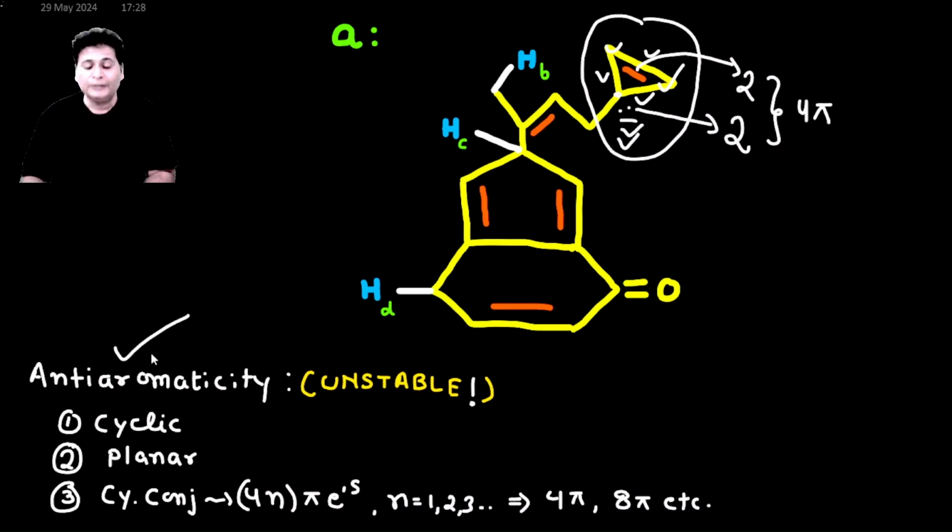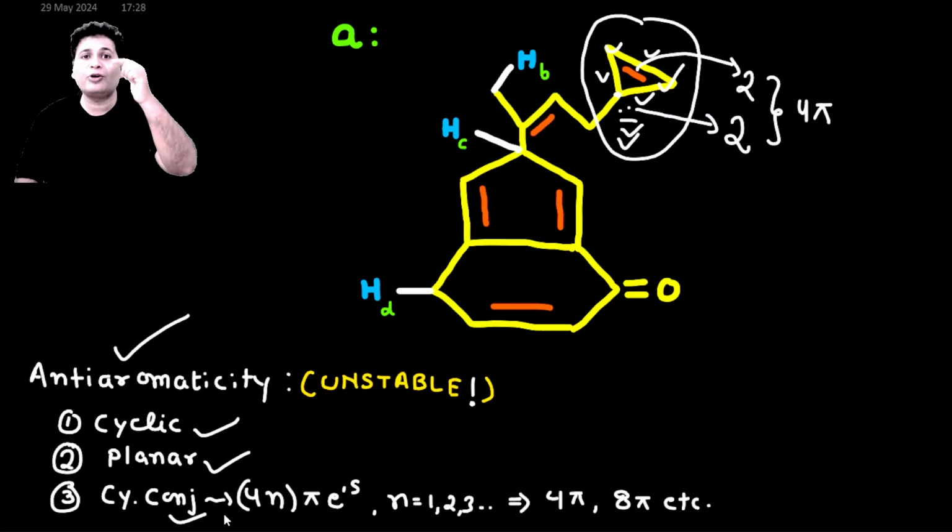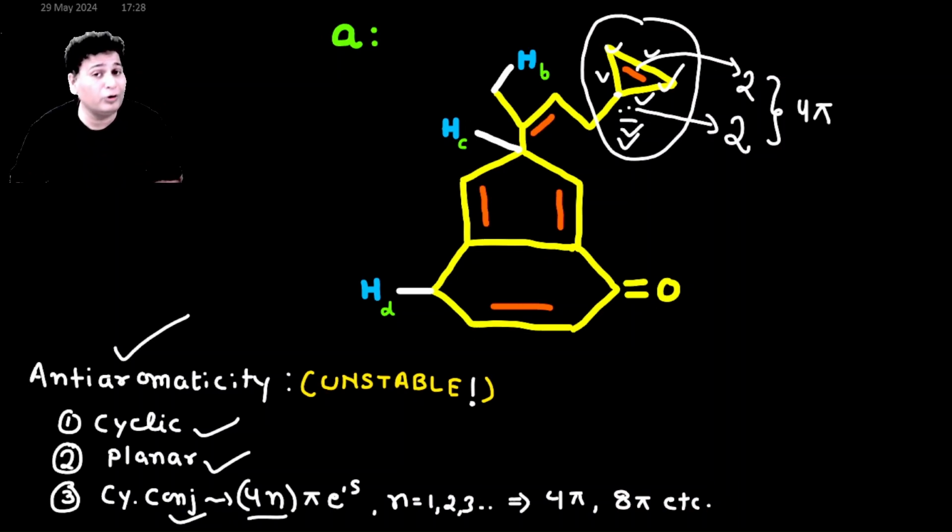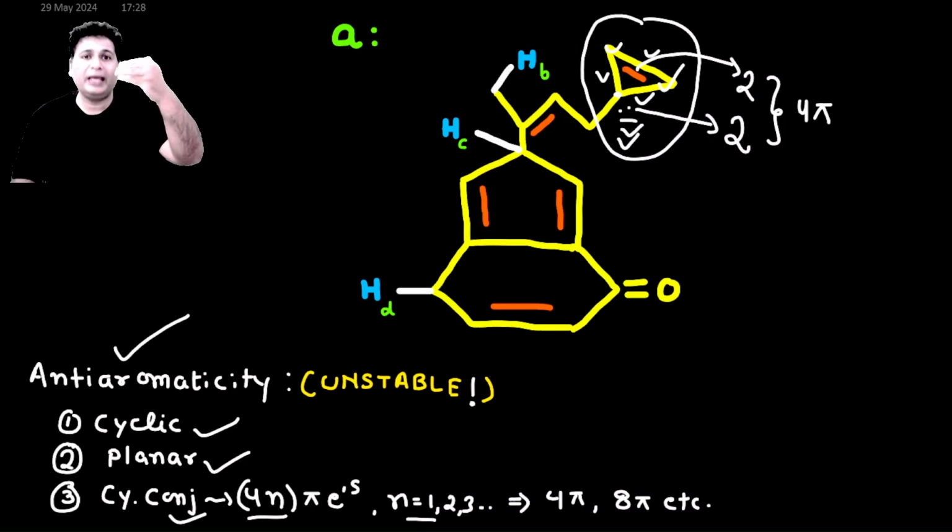You know, if there is a cycle, the cycle is planar, there is a cyclic conjugation, and the total number of electrons involved in cyclic conjugation follows the 4n rule, where n can be 1, 2, 3 and so on, so you will get the number 4, 8, 12, etc. Then that part of the system becomes anti-aromatic in character, and as I have